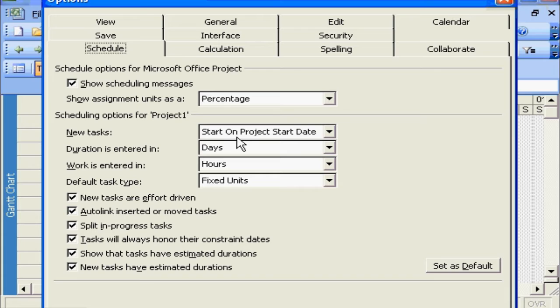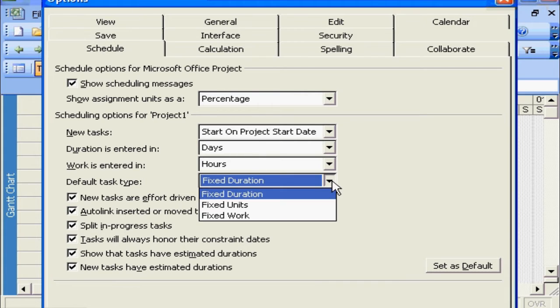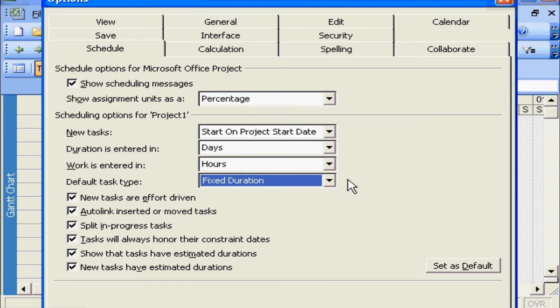And that is this field right here, default task type. When Microsoft Project is first loaded, it will set as default task type is fixed duration. As you see from this list box, there are 3 types of task types: fixed duration, fixed work, and fixed units. It's very important that you understand the distinction between each one of these types, and the best way for you to remember that is to not have me dictate to you what these are,